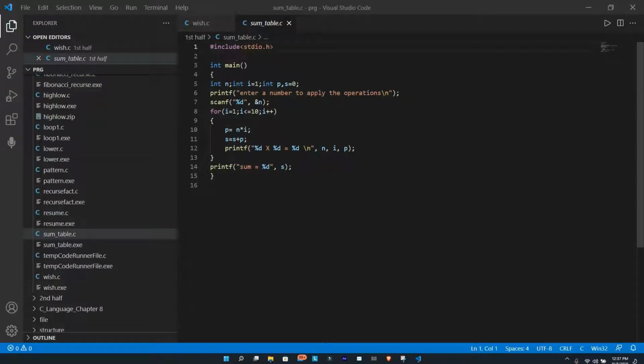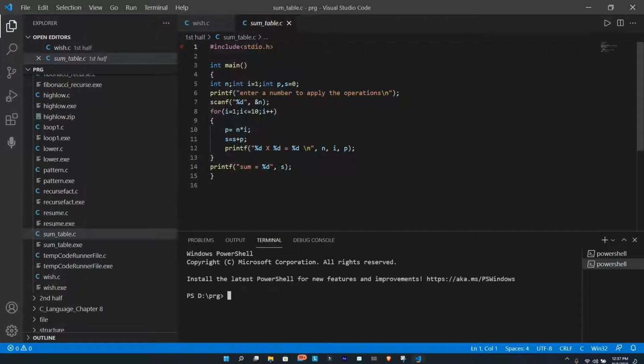Okay guys, so now I will tell you how to run a program using GCC, because you might be running using Code Runner, but you are afraid that someday you might be tested on this, or someone might ask you how you can run a program in VS Code using GCC. So you might be wanting to know. Just simply go to terminal and new terminal. So it's not that complicated.